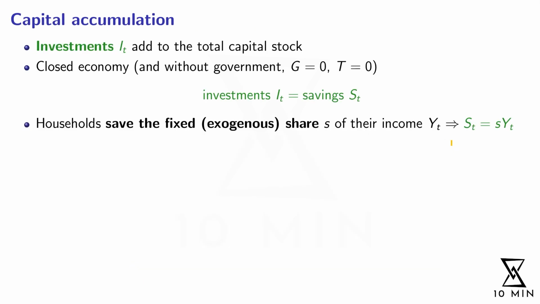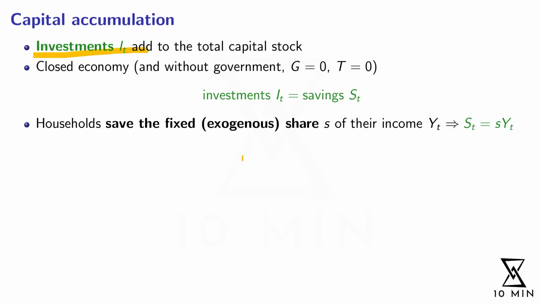While the production function is the first main ingredient of the Solow model, the second main ingredient tells us how the capital stock in the economy changes over time. Specifically, in every period in our economy, we invest into new capital, and this is our investments, uppercase I. So don't think of financial investments. It's not buying shares or bonds. It's really firms investing into factories, machines, stuff like that.